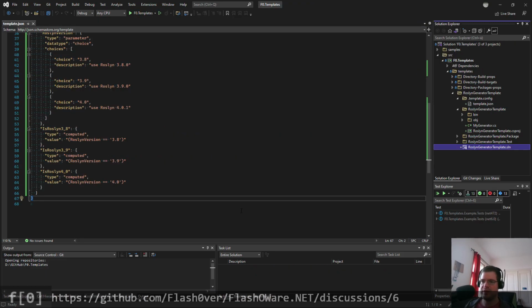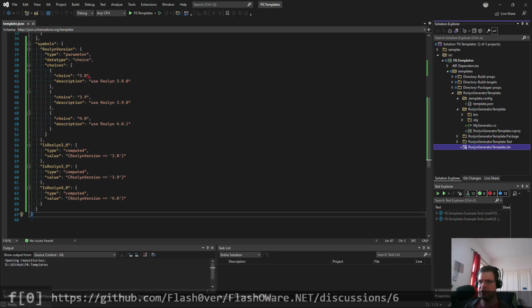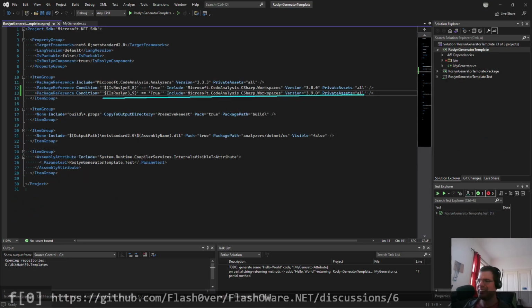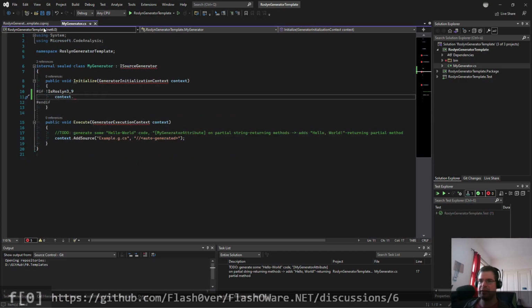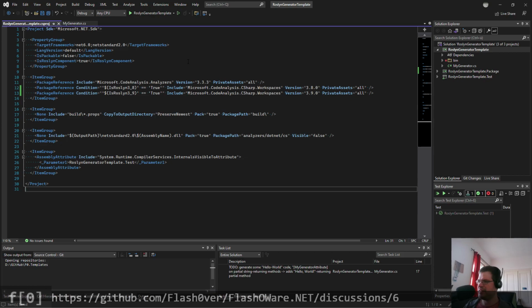If you have a look at our template, this should now basically map. So if the user selects 3.9, then this computed symbol should be true, which now should enable this. And when we have that, then okay. Now this doesn't really compile for our